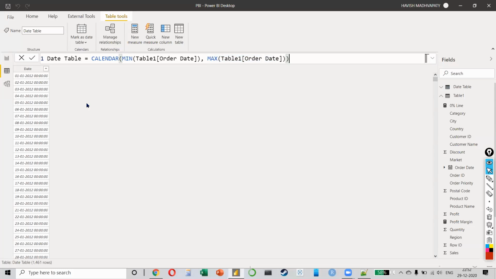But in any case, the start date will remain the same even if more transactions are made. No, that's not true, because in a lot of cases you might have the data for 2 years, and then sometimes when you're doing the analysis, we add some older data also for historical analysis. So you're right, usually you would expect that the minimum order date will not change, but you see my argument, no? You are analyzing the data for 2020. You present a report and give it to the manager. The manager suddenly says, Havish, can you show me last year's data also? Now you will be adding last year's data, so obviously the minimum will change, right? So it's always considered a good practice to keep both the minimum and the maximum dynamic like this.